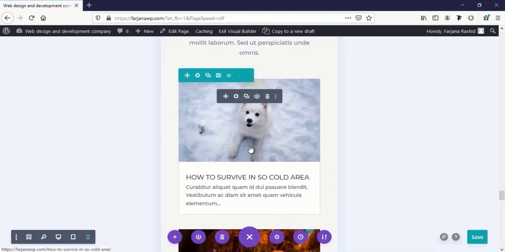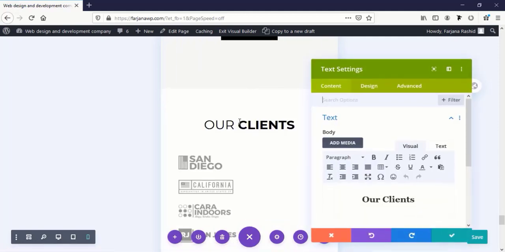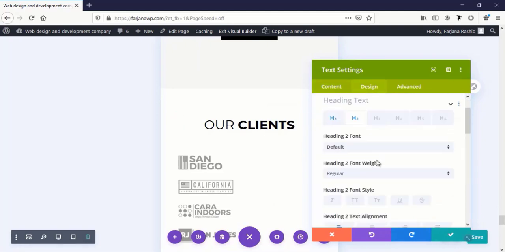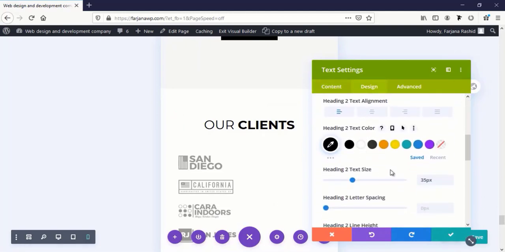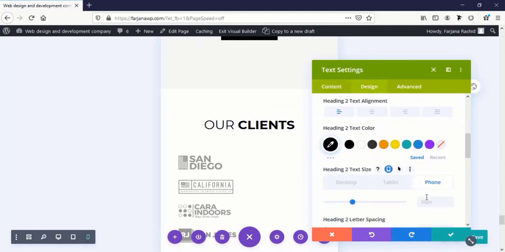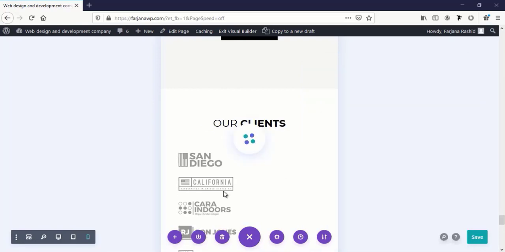Save it, and here changing this font size. Going to phone view, here is the same font size,